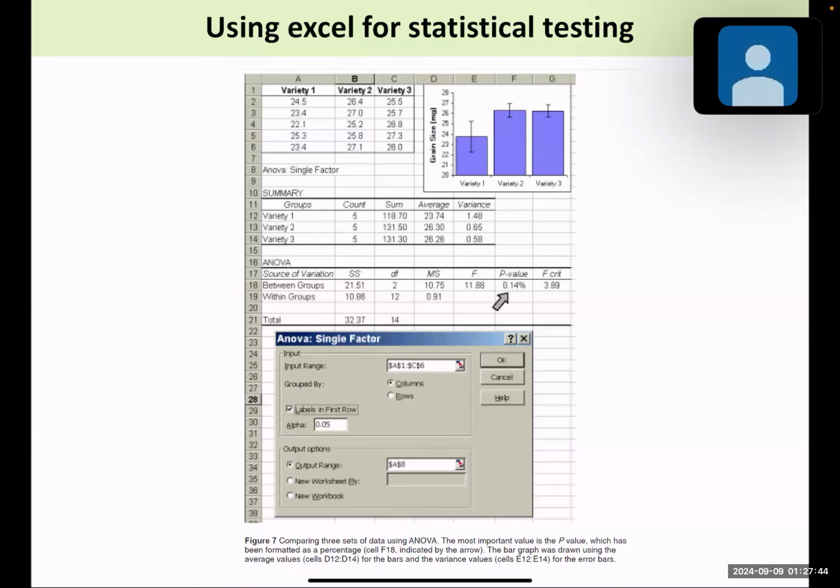And you can also perform ANOVA in Excel. So here the p-value is 0.14%. That means it is 0.0014, right? So this is the p-value. So that means at least one of the groups among these three variables is different. You can see that those two groups are all similar, but this one is very different, right? So this is using ANOVA when you compare more than two different populations.